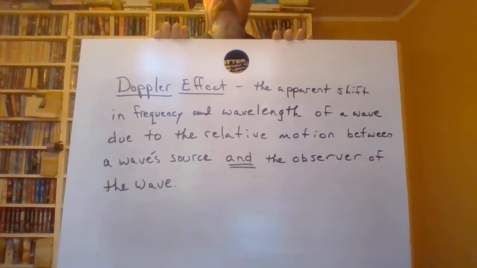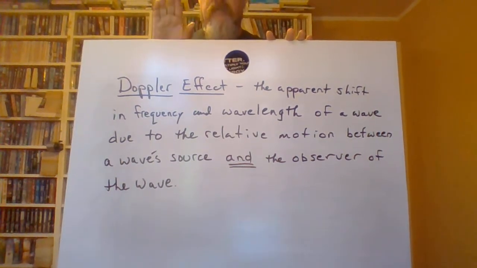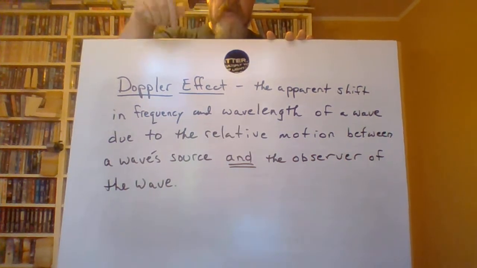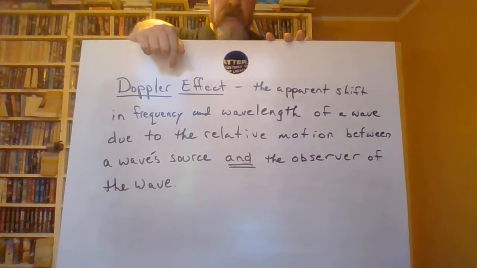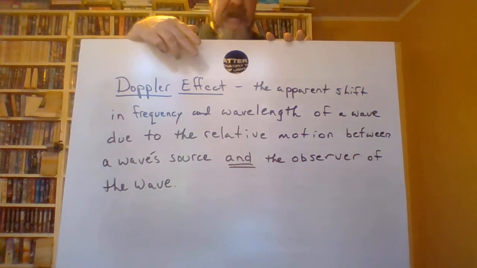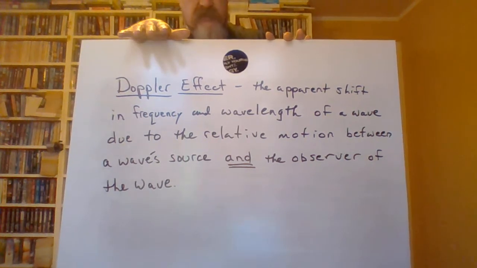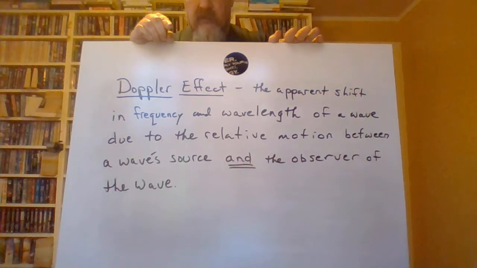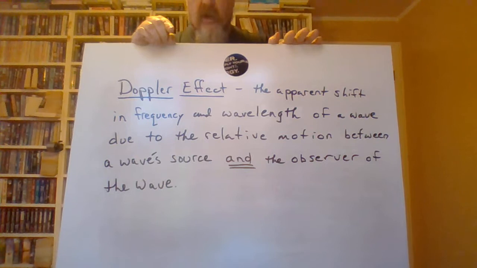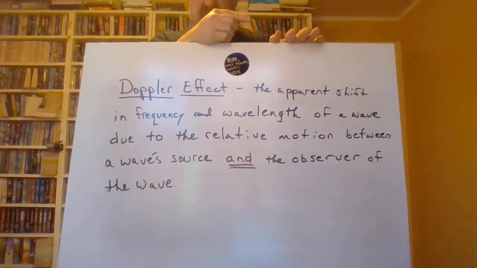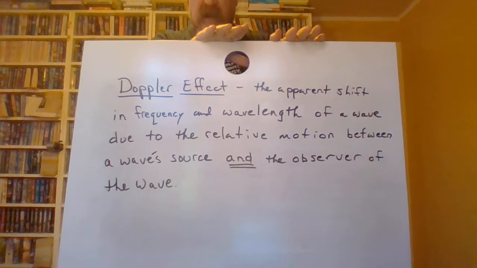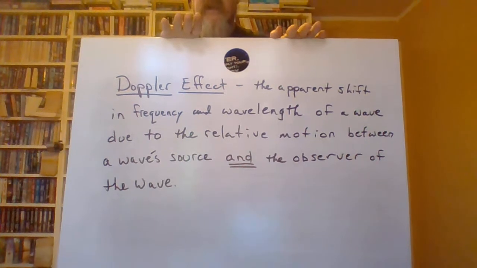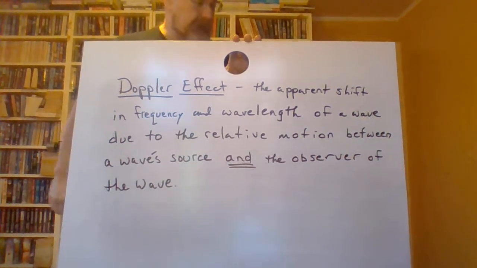And the same thing can be observed on water. The same thing can be observed with any kind of wave, if there is relative motion between the wave source and the observer. So it could be the wave source that's moving, like race cars. It could be the observer that's moving. You're driving in a car toward a fire station, and the fire station is sounding its siren. Well, you'll hear the pitch of the siren higher than someone standing next to that siren at the fire station.